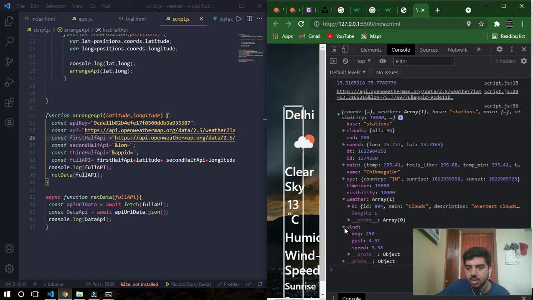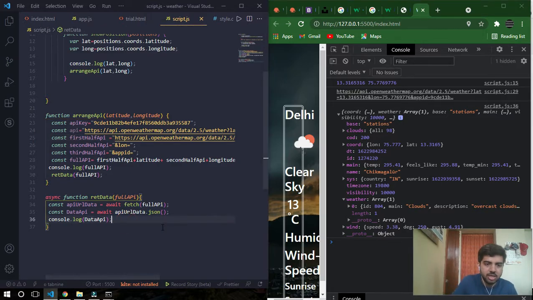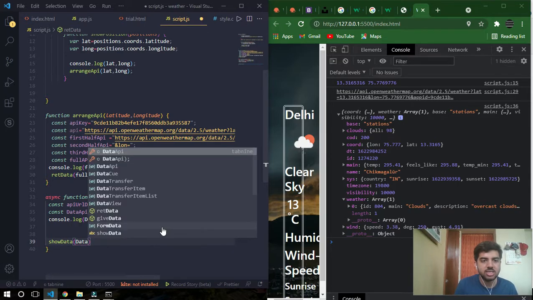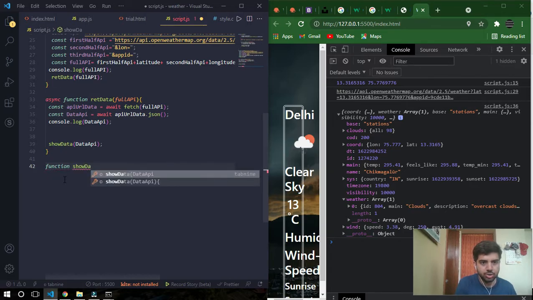Okay, now the main part exists in showing this data to the user. So what I'll do is I'll call a function called show data, and I'll pass this data API, which is a JSON data, and I'll declare a function called show data.